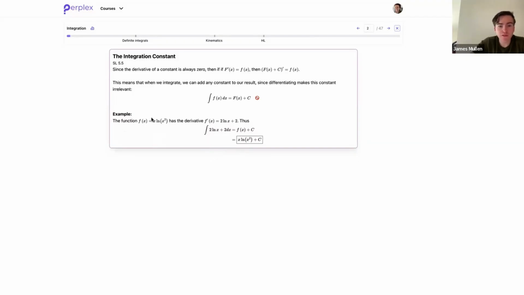Here's an example. If I have f of x is equal to x ln of x squared, its derivative is 2 ln x plus 2. Okay, so the integral of 2 ln x plus 2 is f of x plus c, so it's x ln x squared plus c. I now have this new constant. I don't just get the original function back. Okay,